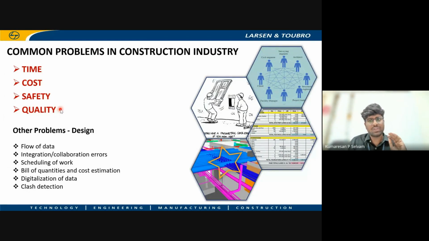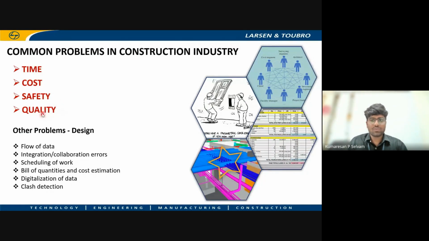Providing the barricades and everything can be modeled in BIM. And for free fall from height also, you can model all the safety nets and required things in BIM, and that can be showcased to the client and then executed at the project site. That is how safety is also linked with BIM.